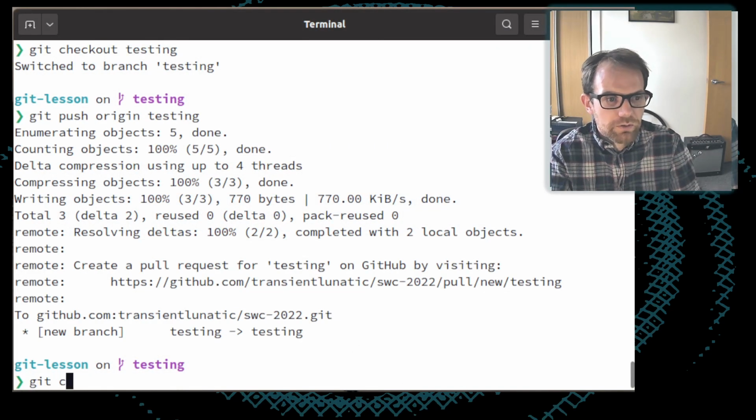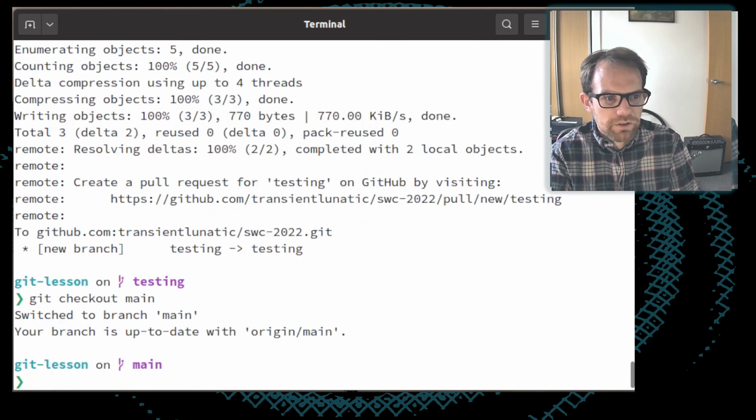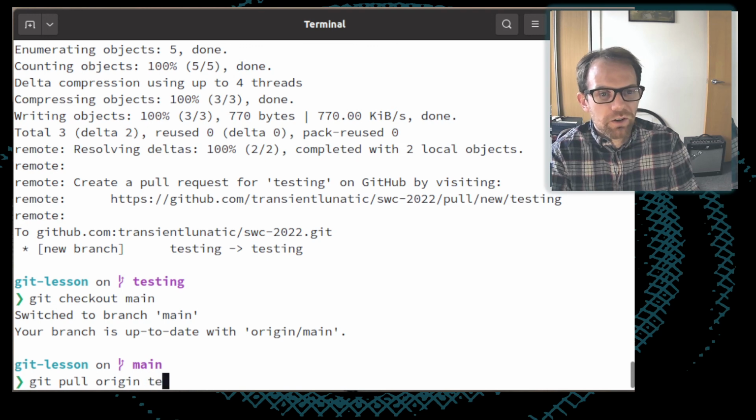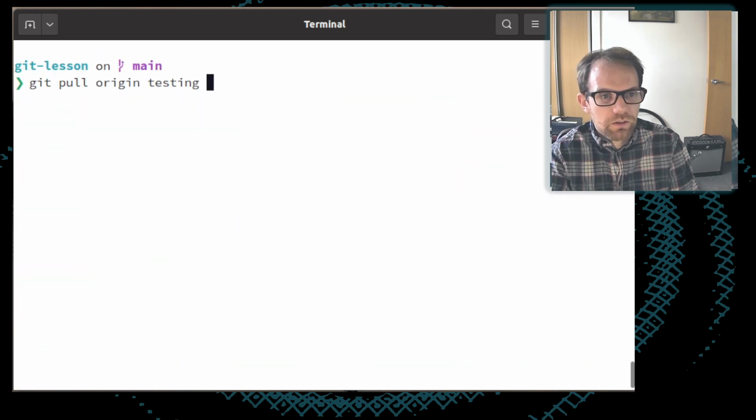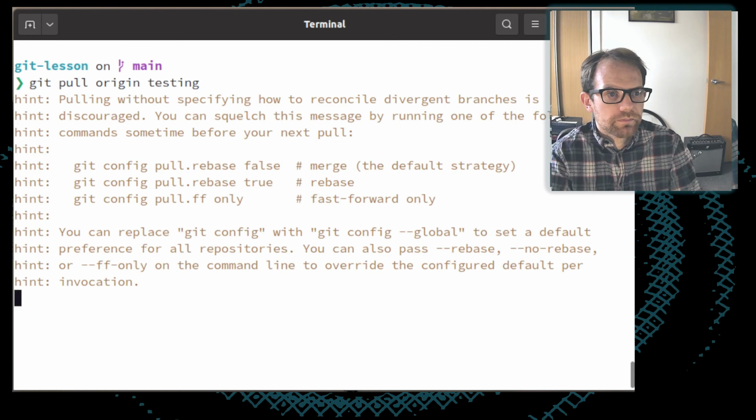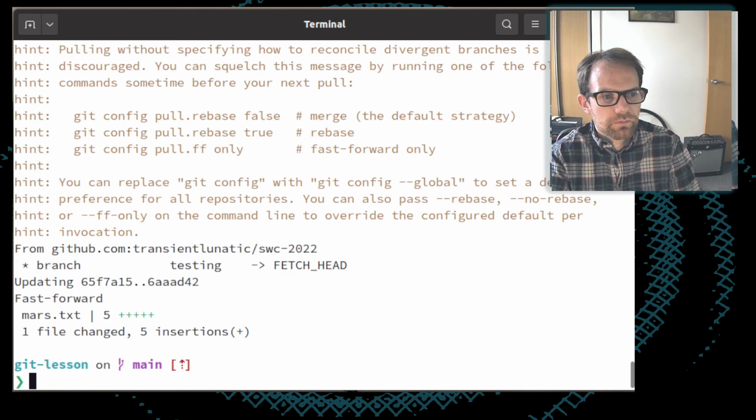So if I go back to git checkout main, and then I can pull all of the changes which have been made into that testing branch by doing git pull origin testing. So now it has merged everything from testing into main.